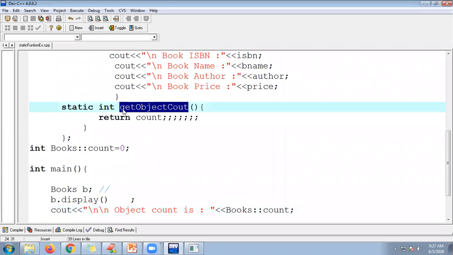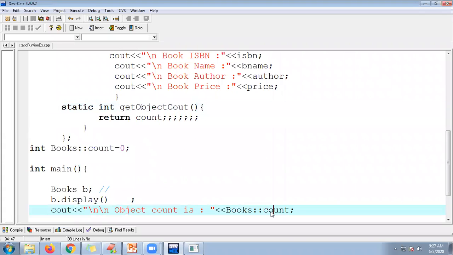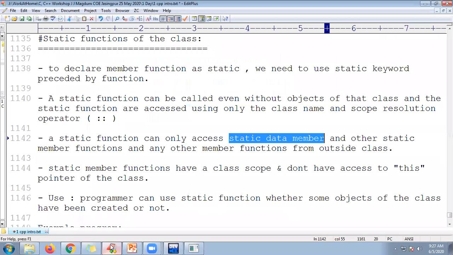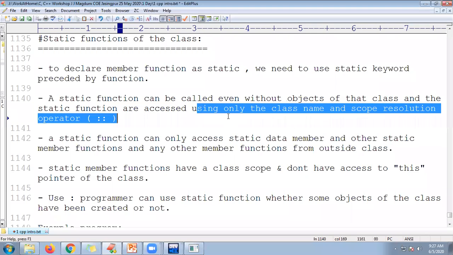Yesterday we tried the same approach. Now I want to use this method. To call a static method, we need to use the class name preceded by the scope resolution operator. A static function can be called even without using an object of that class, and static functions are accessed by using only the class name and scope resolution operator.